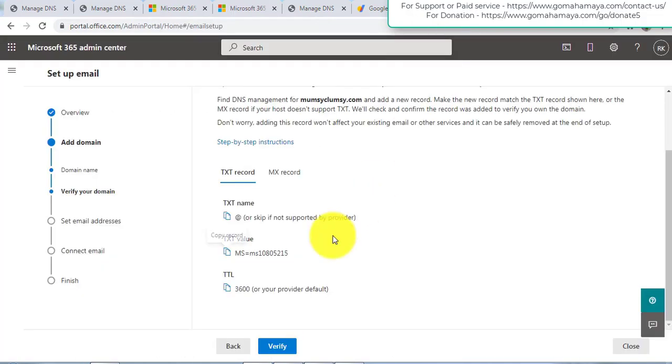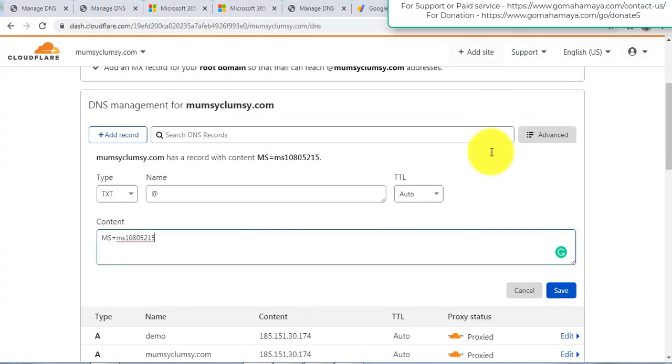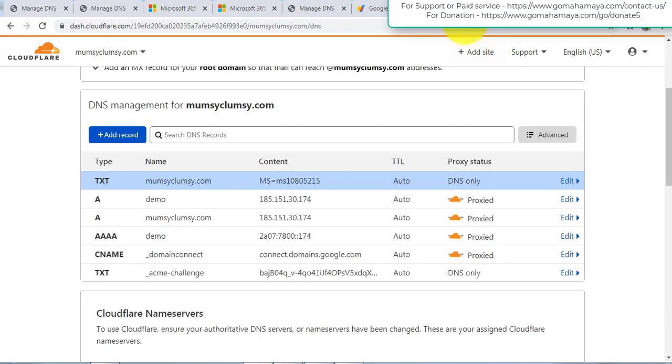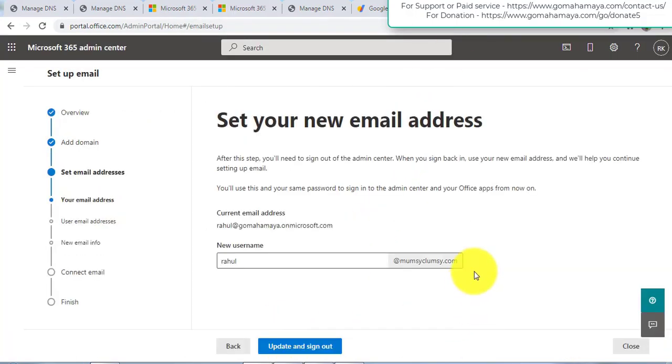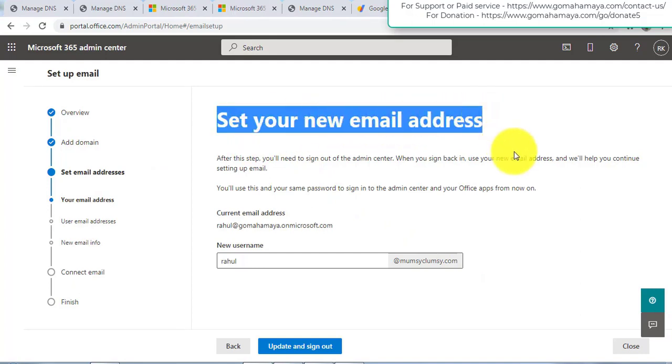And the third option, TTL, is by default 3600, so you don't need to worry about that, and make sure TTL is auto, and click save. And now we'll go to this option and we'll click on verify. Now bingo, our website verification is done, and we are on the second step, set your new email address.